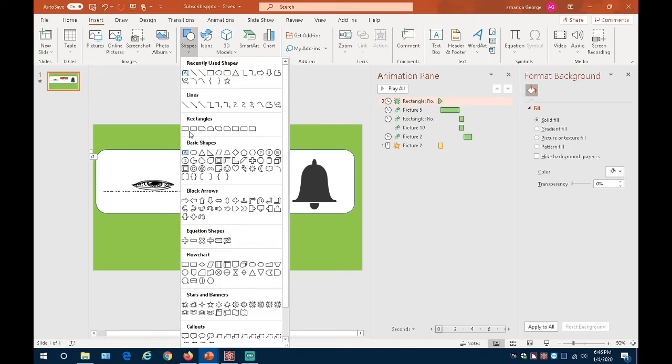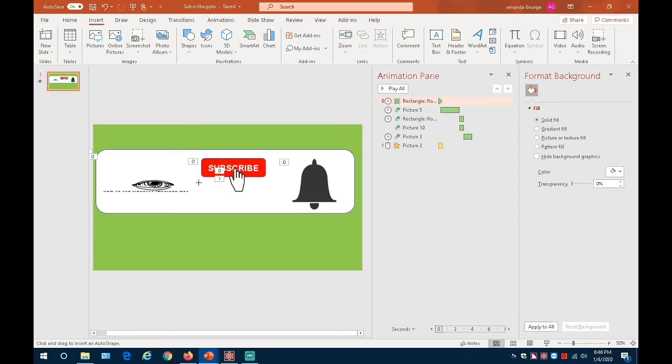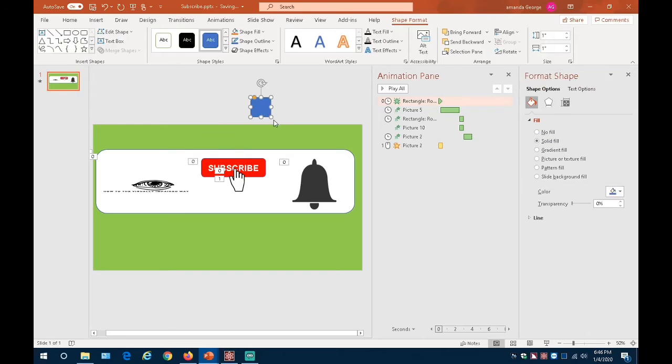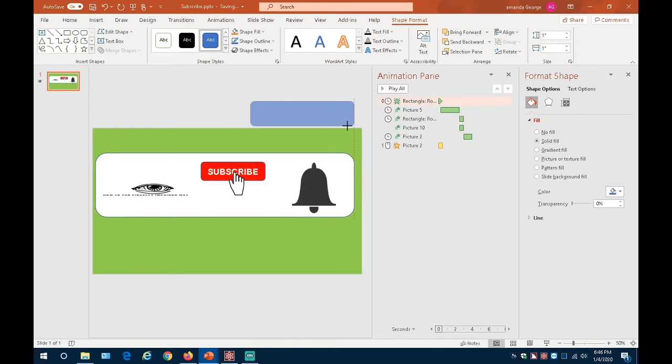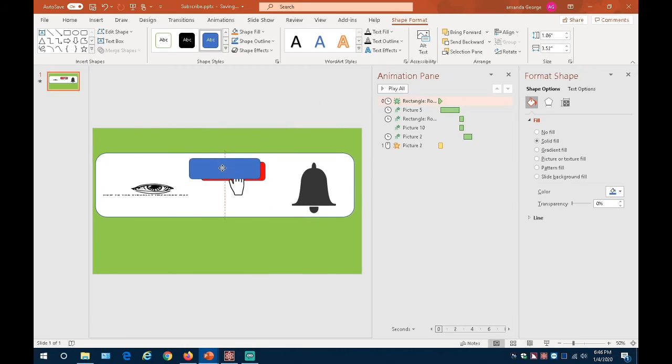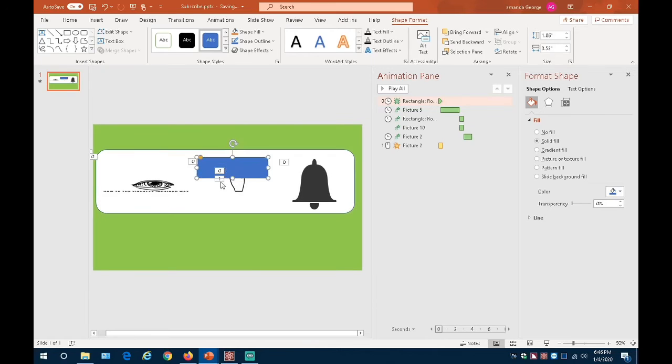And that's what I'm doing now. I'm adding that other subscribe box by going to the shapes and drawing it and changing the background to gray. And then typing in subscribe and changing it to the same fonts. So that's what you're seeing right now. And I'm trying to fit it over top of